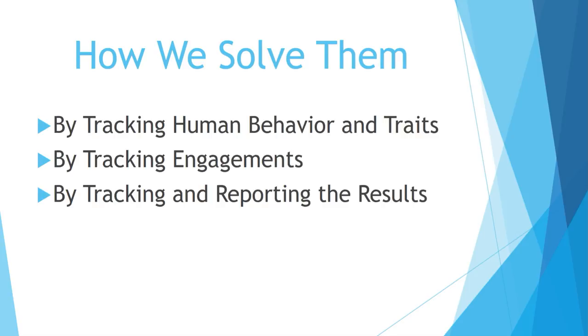And that's really key, because when we combine human behavior and human traits with engagement, then we start to see results, and we start to see tracking and reporting. That's really what's important here: we need to see how the results are affected by both engagement and behavior. When we start seeing those variances, we start to see what's going on and what's happening. That's really the key to all of this: we need to start to see how engagement and behavior are affecting our results.